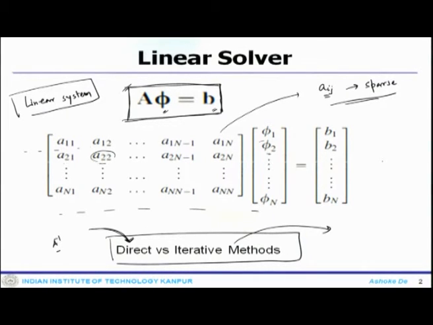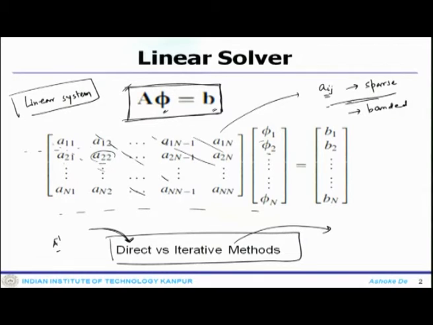And also sometimes when you look at the structured grid, or when you discretize the equation system in the structured grid, it can also get you the banded matrix. So, it is highly possible you can have some sort of a band like that, or some sort of a band like that. So, that is also possible that you can get some sort of a banded matrix in nature, but in reality or naturally most of the time the matrix what you get is a sparse system.